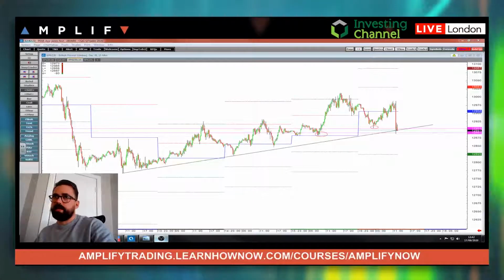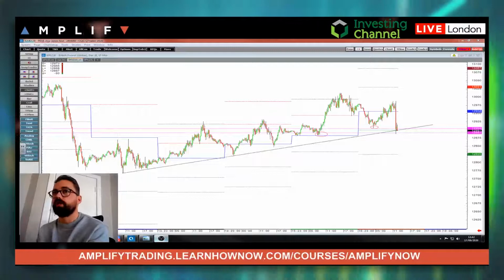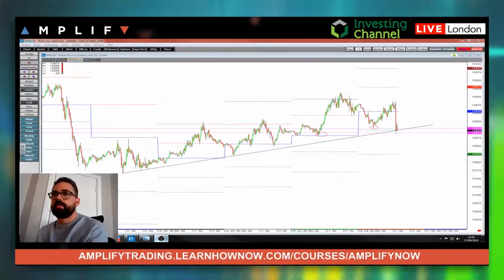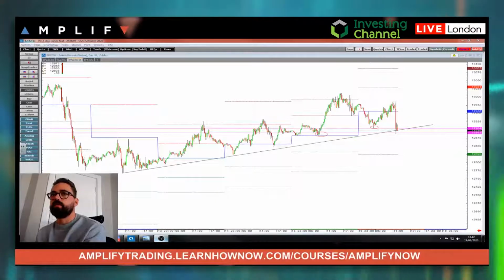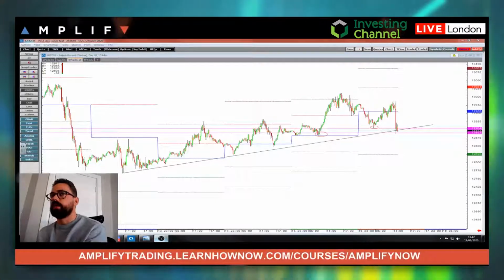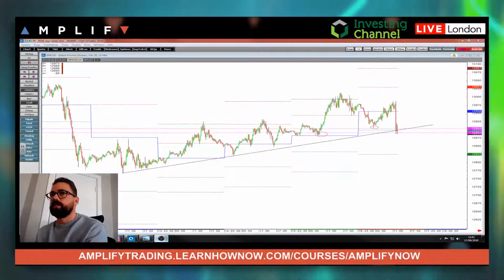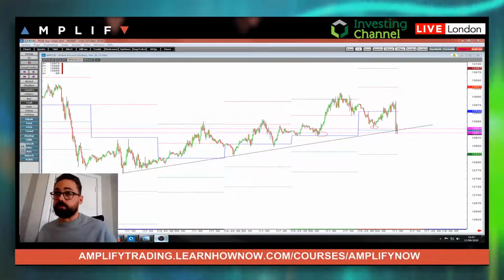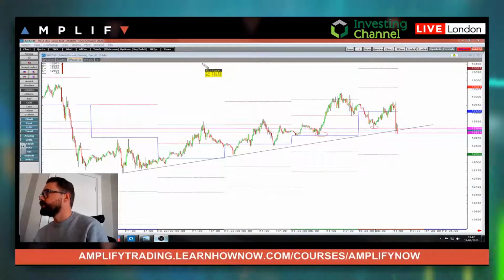We've just had the Bank of England 9-0. We actually did have an initial pop to the upside because of that. However, there has been seen to be some outside chance of dissenters for immediate QE. So now we've seen a bit of a move down, and there would appear to be possible conversations of negative interest rates, which of course is a sign for weaker GBP, which is seeing here a bit of a break